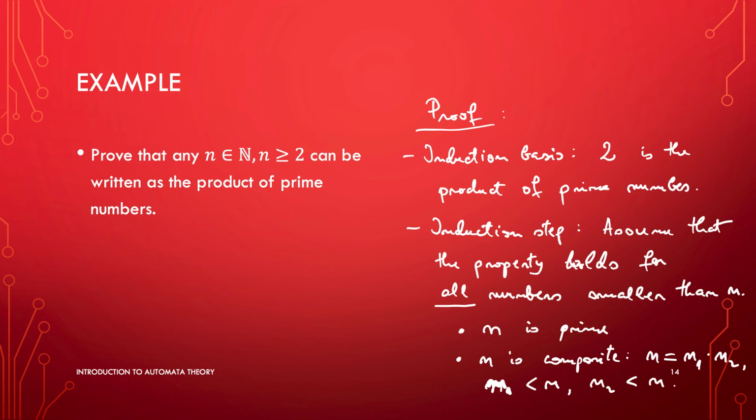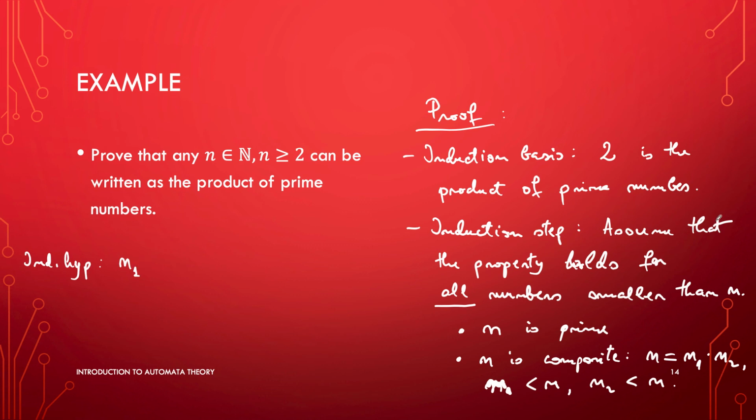The point here is going to be that I can apply the induction hypothesis, and I'm going to apply it to this n1. n1 is smaller than n. It's probably not a predecessor of n. It's a number that could be quite much smaller than n. So that's why this formulation of the induction hypothesis that the property holds for all numbers smaller than n is going to be very handy in here,